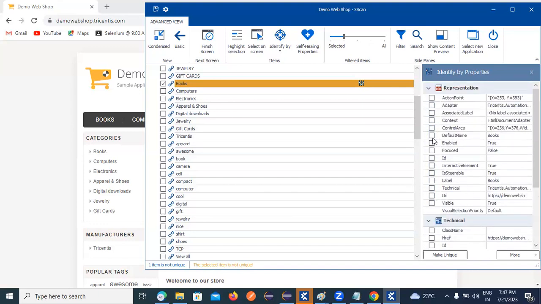Okay, see, I need to use this one. Before, I was using this one, converting non-unique to unique. Just click on the save button and then click on the close button. And you are able to get it. Sir, if you want to select the advanced view, how are we able to scan the application? In basic view,